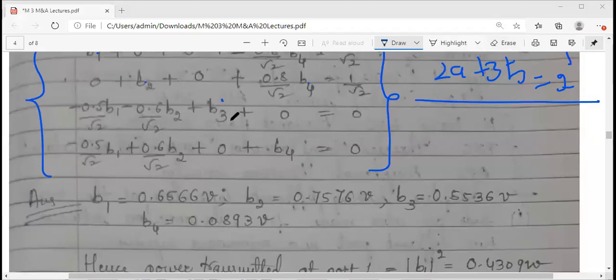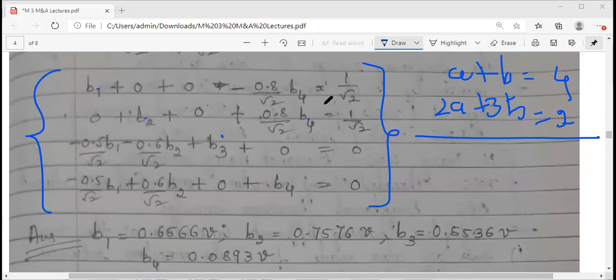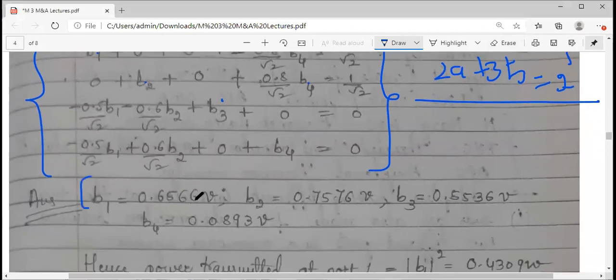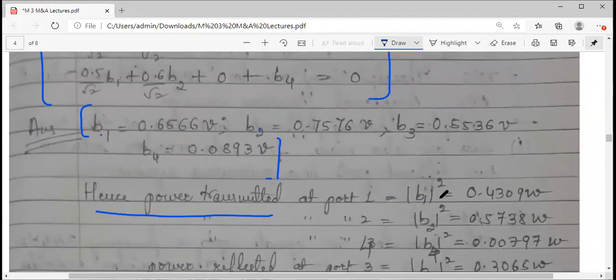So if these 4 equations we have got, unknowns are B1, B2, B3, B4. So either using Cramer's rule or row echelon form. However, you have to find these 4 unknowns. Okay, I have written the answers here. So take this as a work. Try to find these 4 values using whatever the method you know. So verify your answers. So I have got B1, B2, B3, B4 as these values, and these are the voltage values. Okay, they are not the powers still, but we have to find the powers. So power transmitted will be what? The squares, right? The power and the waves, they are related in that sense, squares. So just square each of these terms.